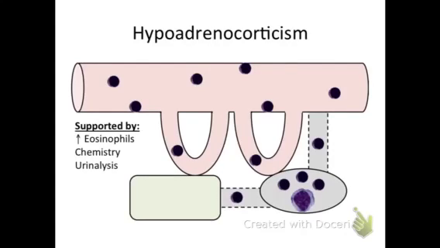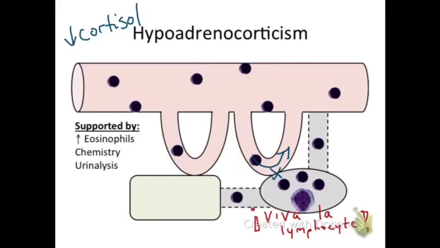Hypoadrenocorticism is a condition in which the adrenal cortex fails to produce hormones, typically cortisol and aldosterone. In this disease, cortisol deficiency is thought to cause a lack of baseline lymphocyte sequestration and lymphocyte lysis. Therefore, more lymphocytes circulate through the tissues and the lymphatics in the blood and do not enter lymphoid tissues, and less lymphocytes undergo cell death. Additional changes seen with hypoadrenocorticism will be further explained in the eosinophilia lecture.